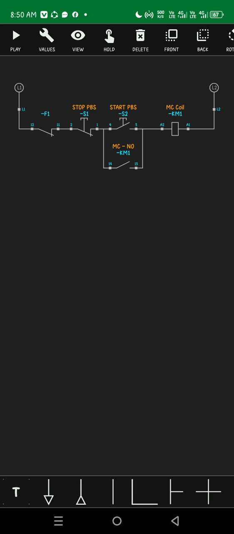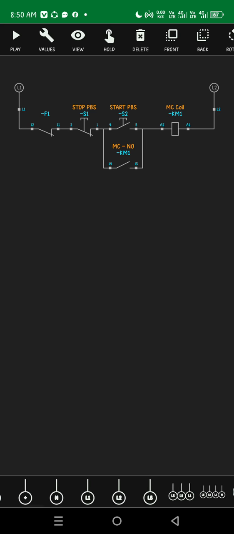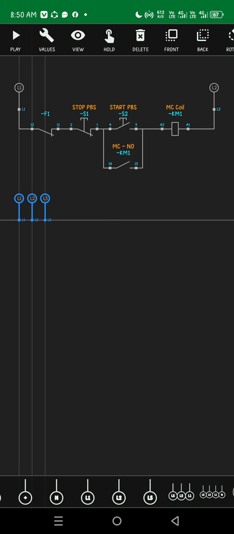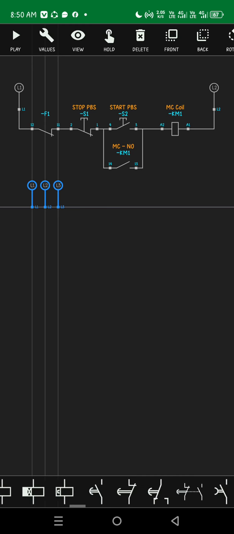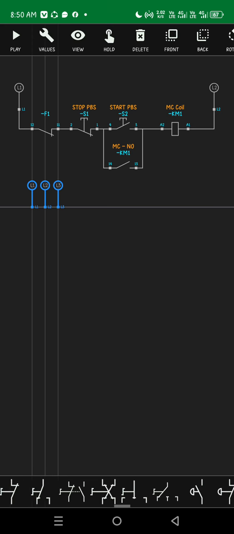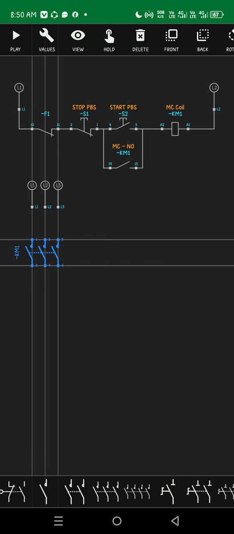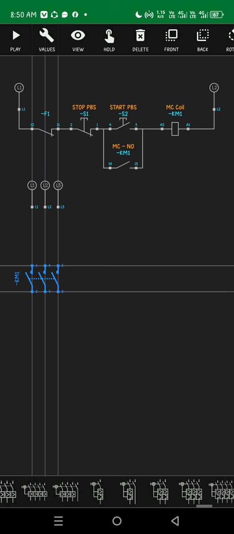Then we have to proceed now to the power circuit. So for the power circuit, we have to select line 1, line 2, line 3, and rotate it, place it here, then followed by the magnetic contactor, three phase. Then we need to put first the circuit breaker.